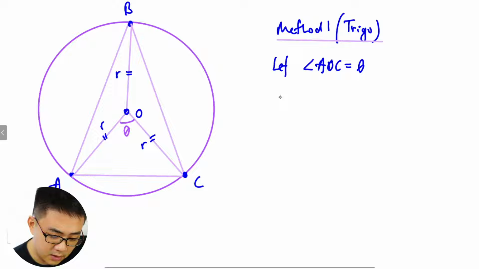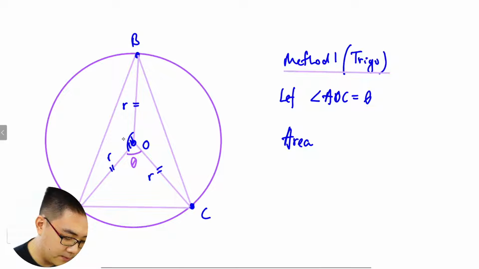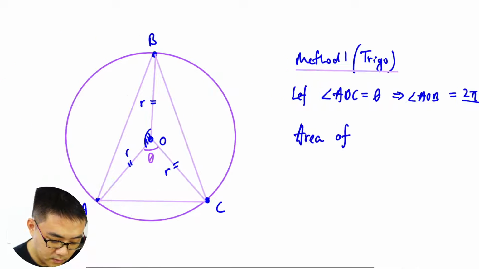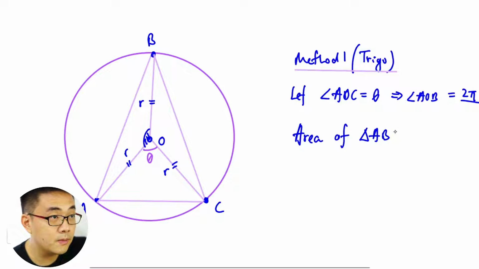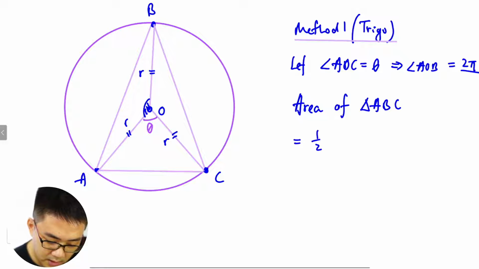Once you're done already, you can actually find the area. So this one here will be this angle here. Hence this one, AOB, will be (2 pi minus theta) divided by 2, right? That's pretty okay. So the area of triangle ABC would then be half AB sine C. So it's half OA times OC times sine AOC,